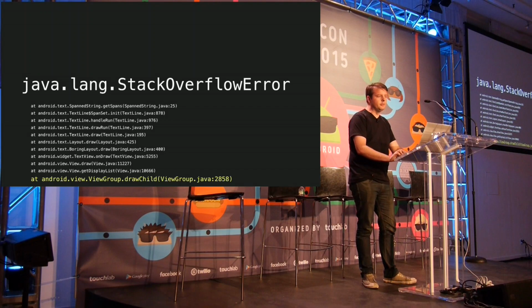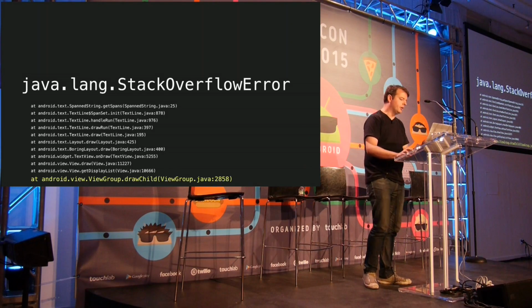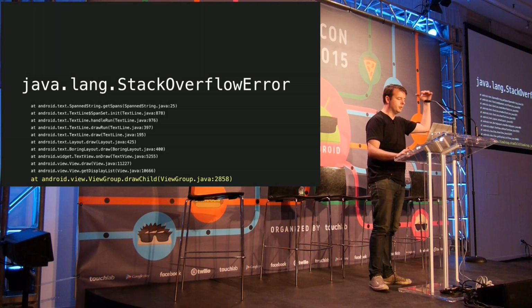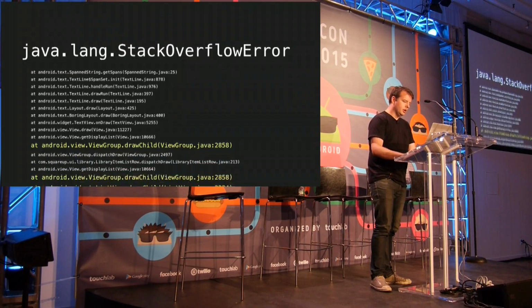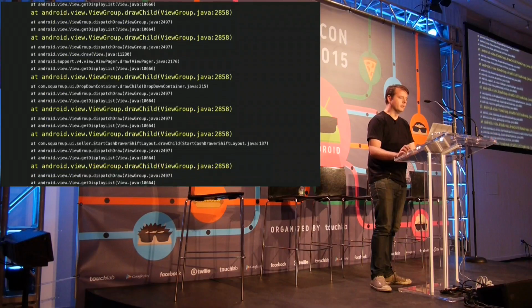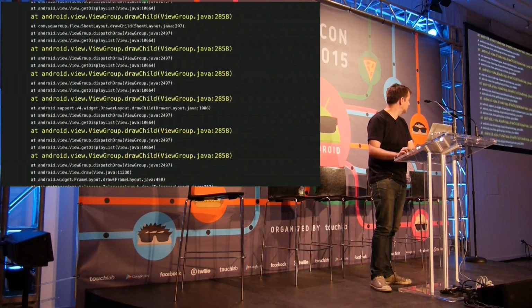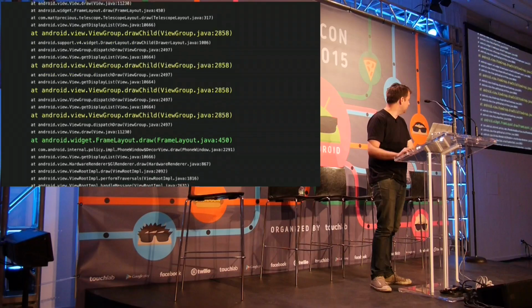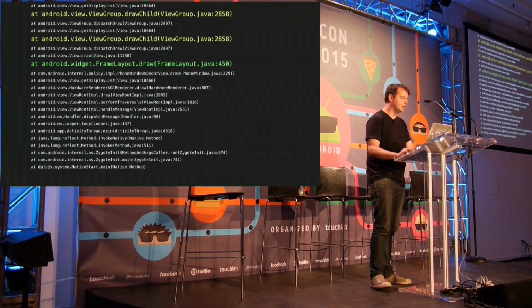This is happening during the drawing of a view group. View groups are hierarchical, and the hierarchy is drawn from the top. Every view group draws its children, and it's a depth-first process, and it just sort of cascades down your hierarchy until it's ready to put everything on the screen. Our hierarchy is very, very, very deep. I've highlighted here all the calls to draw child, so you get an idea of how ridiculously deep our view hierarchy is. It's something like 22 nested view groups before we try to draw the thing that presumably blew up,